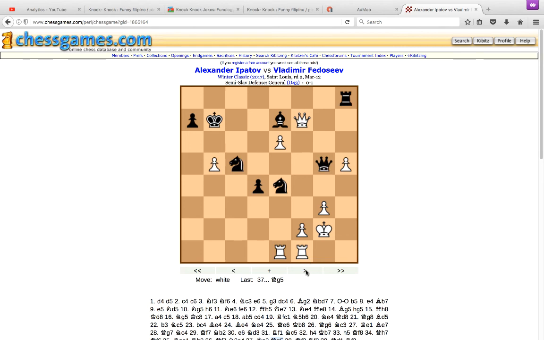Okay, we now have queen f3 and rook f8. So it's a very strong attack for black here with three menacing and effective minor pieces. And while Ipatov's rooks are really not doing anything that strong or that useful. So queen f1, and this is the killer blow which Ipatov missed. Rook takes f2, and at this point Ipatov resigned because if the rook at f1 takes the